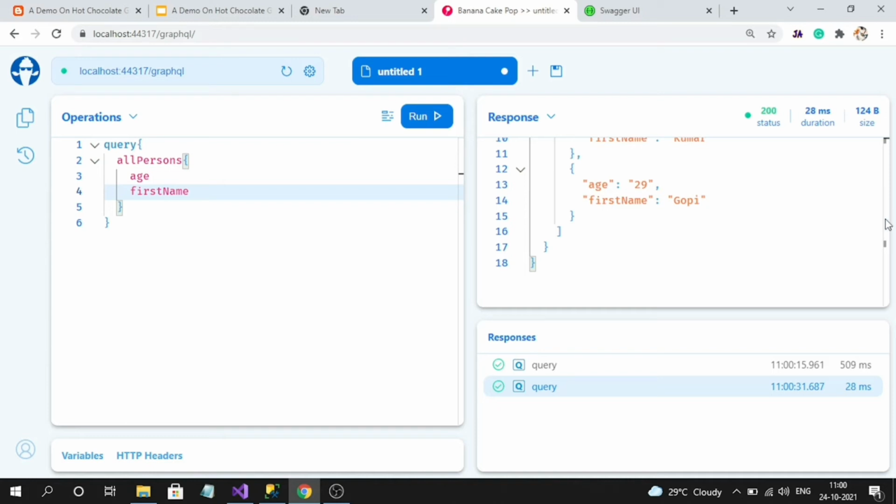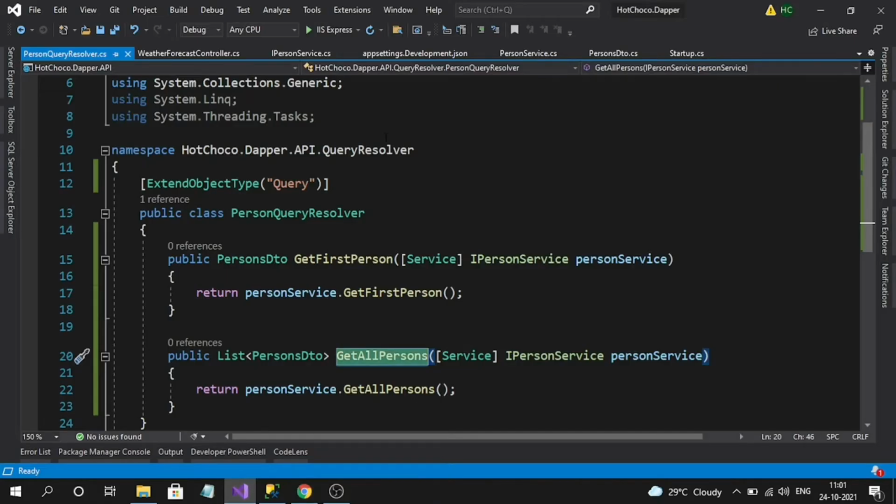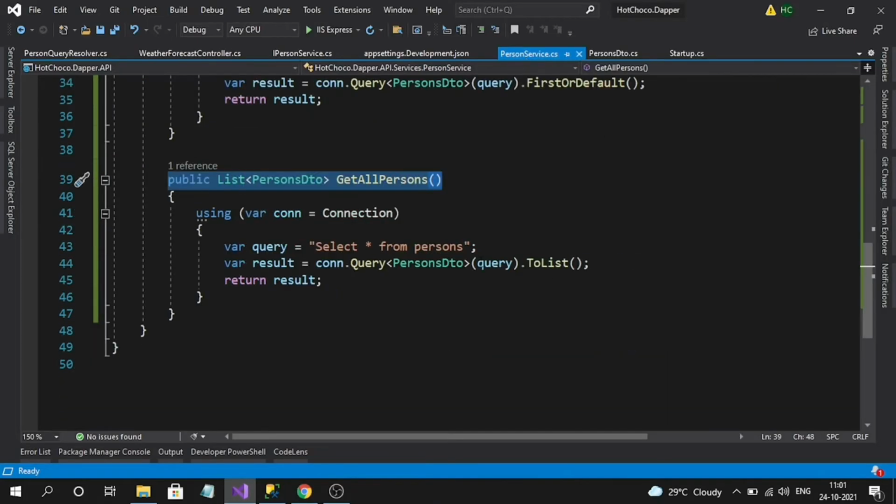Okay, next, how to send filtering query parameters. In a general REST API, we will send query parameters, so how do we do that kind of scenario here? To do that, I will create one method.